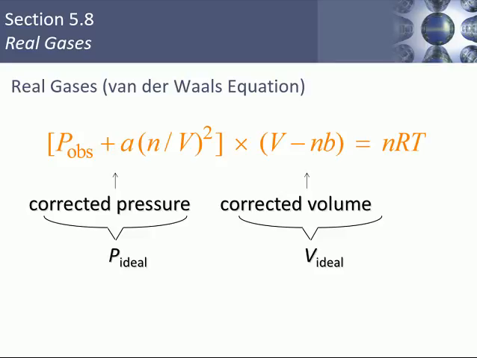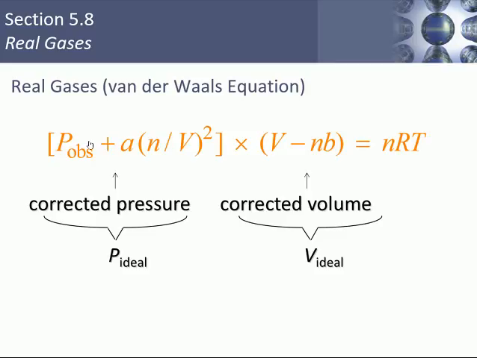Now, your book goes through a huge explanation, several pages, describing how these corrections were made mathematically. Those are not things that you're going to need to back up. The mathematical derivations of this corrected real gas equation using the van der Waals equation, that's not something you're going to have to do. Now, you might have to take this equation and do some plug and chug, take some values and solve for some term in here. But in terms of explaining the derivation, that's not something you're going to have to do.